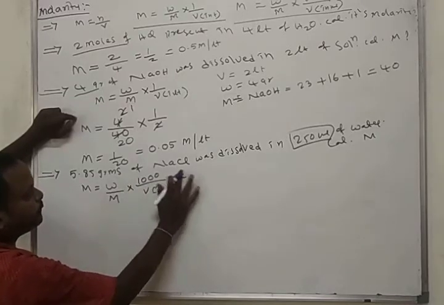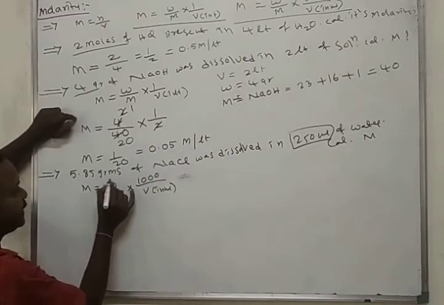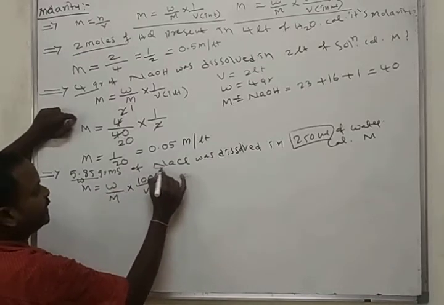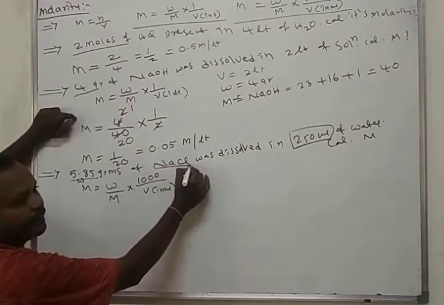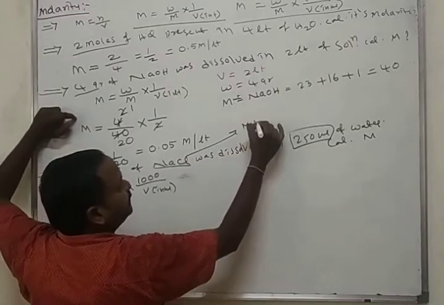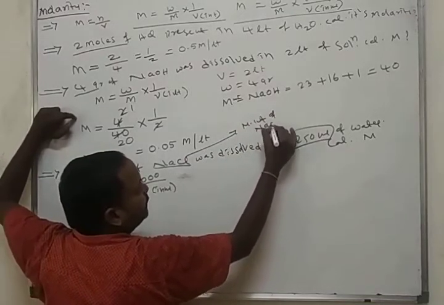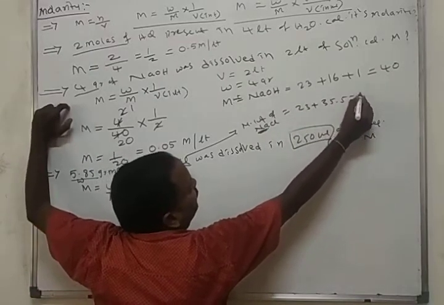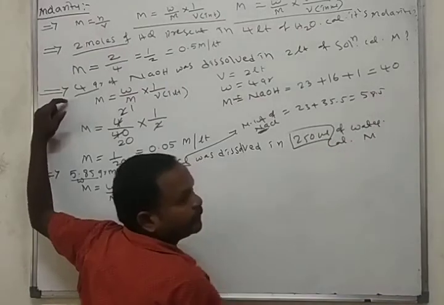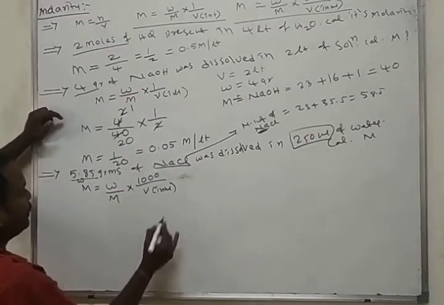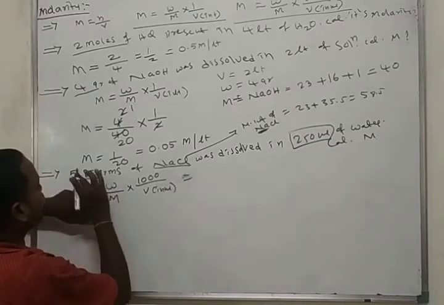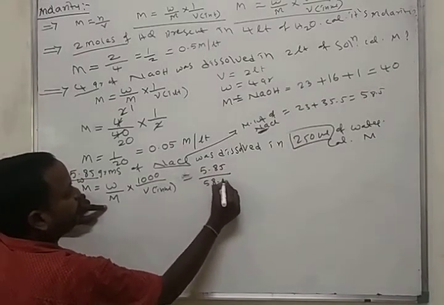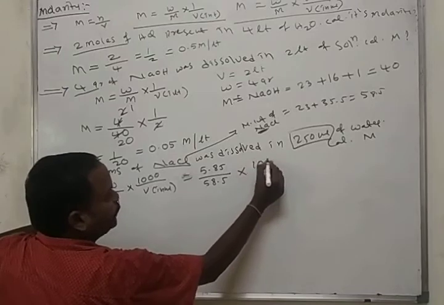What do we need here? We need W. What is W? 5.85 grams. You have to calculate the molecular weight of sodium chloride. What is the molecular weight of sodium chloride? Sodium 23, chlorine 35.5. How much? 58.5. Here the weight is 5.85 grams, the molecular weight is 58.5 grams, into 1000 by